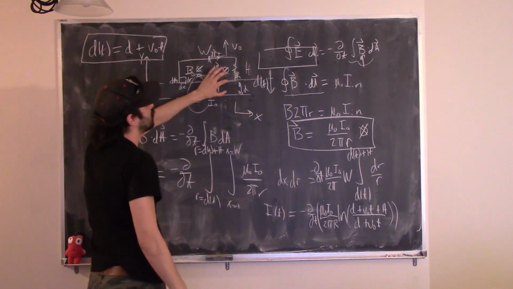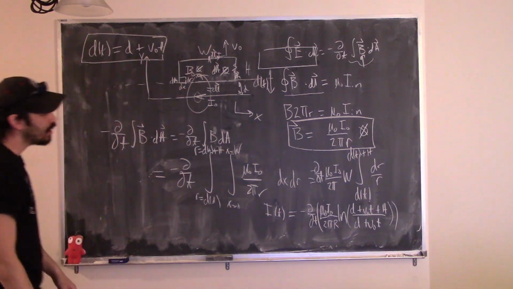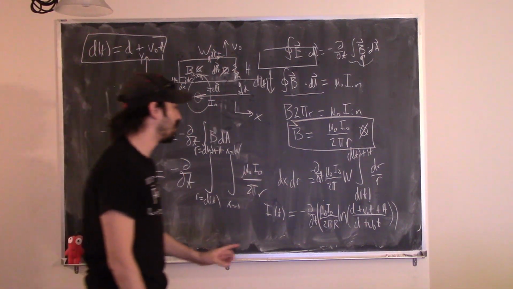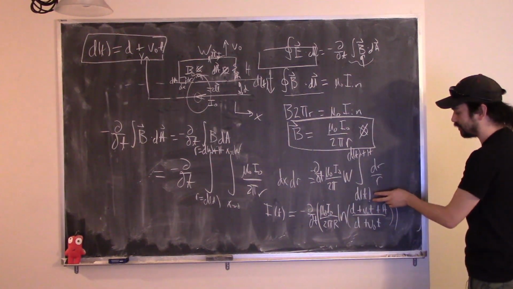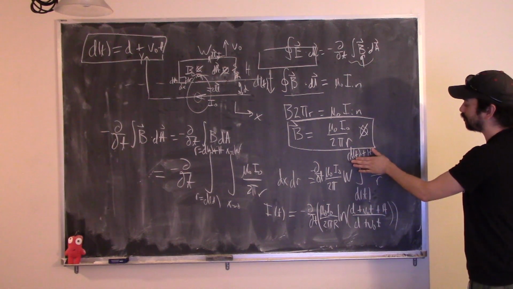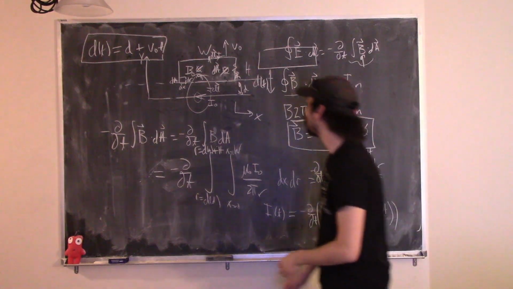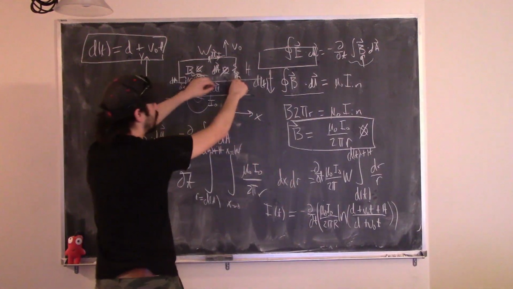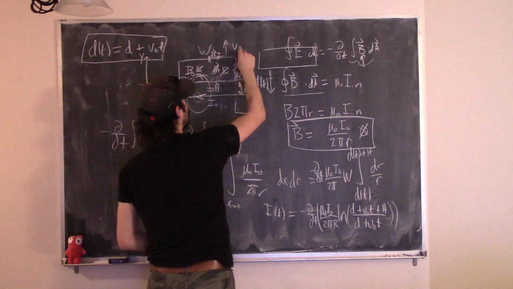So this distance is always d, but then this one stretches up. In that case, this would be the distance just d, not d as a function of time, and then this would be the distance d as a function of time plus h. Because what we need to do is parameterize the change in the distance here. And because this distance here is h,